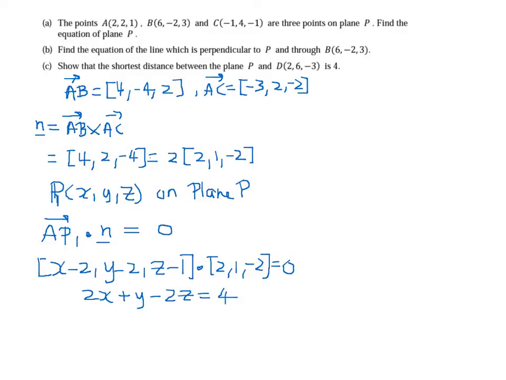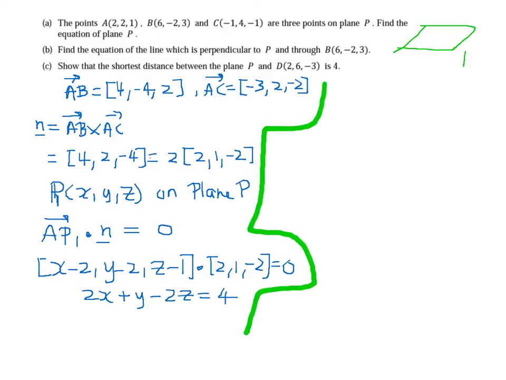Now for part B, let's go right here. For part B, we just need the equation of the line which is perpendicular to the plane. Well, we can think of it this way. There's a plane P, and there's a line that is perpendicular to the plane, like this. So in other words, you can see that the line is also parallel to the normal of P,